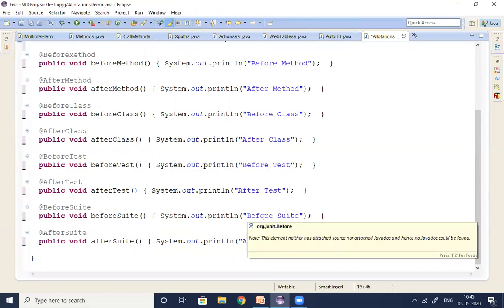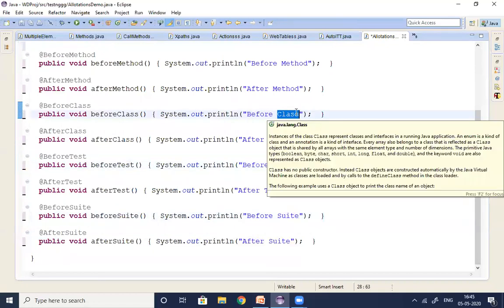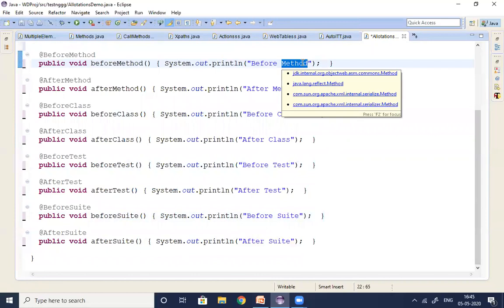This is the last class I explained to you, guys. Suit level means it's a project level. Test level means it's a module level. Class level means it's a scenario level. Method means it's a case level, guys. Case level execution. First the project will start, before suit. Next the module will start, before test. Then before class will start the scenario level. Then case level, before method.